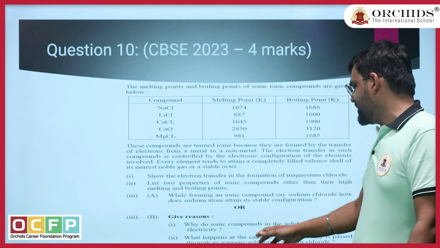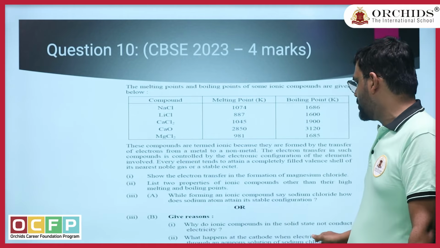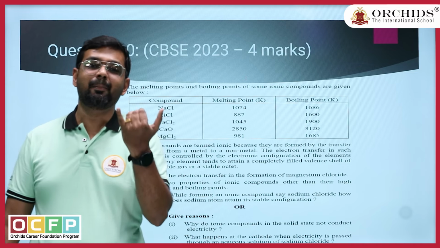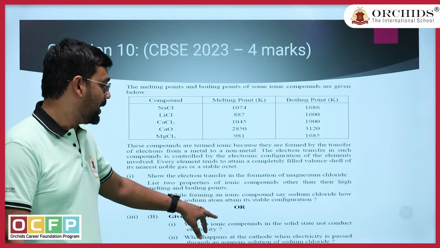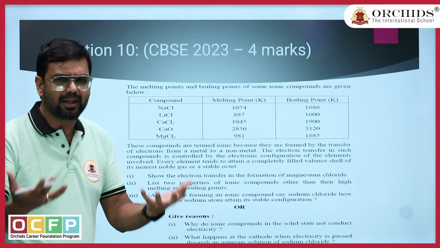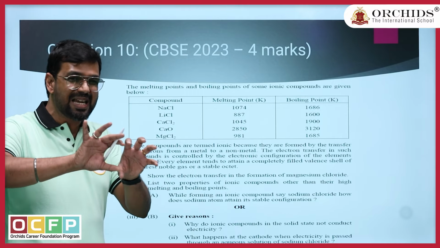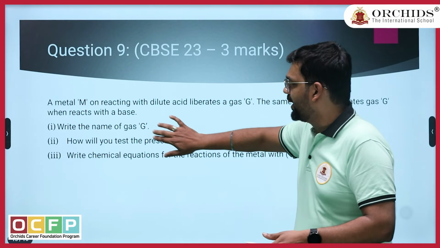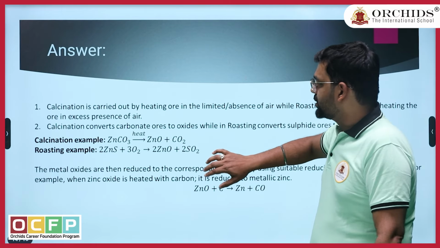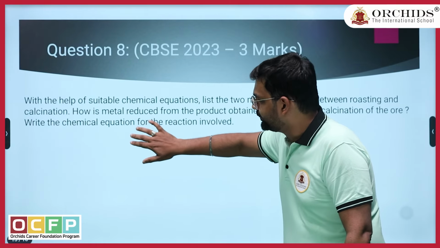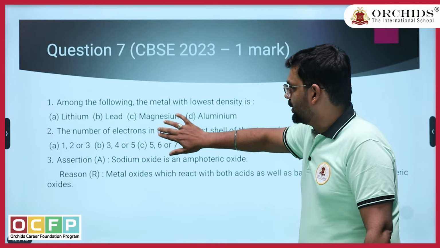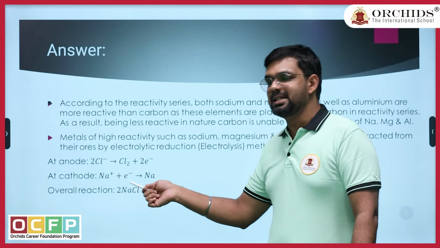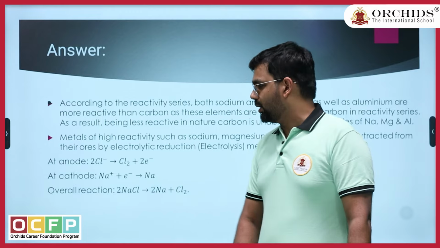Okay, and coming to what happens at the cathode when electricity is passed through an aqueous solution of sodium chloride. We have seen at cathode, we are going to get the metal. Sorry, this is what is given. At cathode, what is happening? We are going to get the metal, which is nothing but the sodium metal. So you have to just write down clearly the statement. I think if I just go back to the previous questions where I have shown for Na. So yeah, the 6th question. Yeah, so at the cathode, what is happening? Sodium ions gain 1 electron and they will form Na sodium metal.